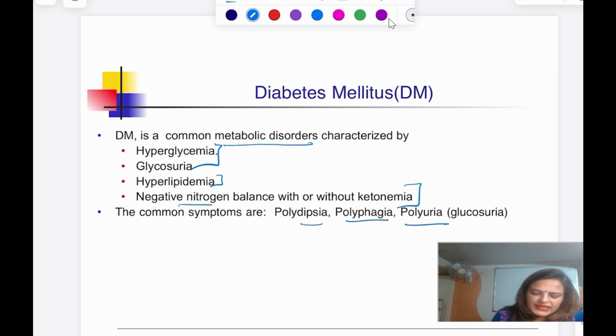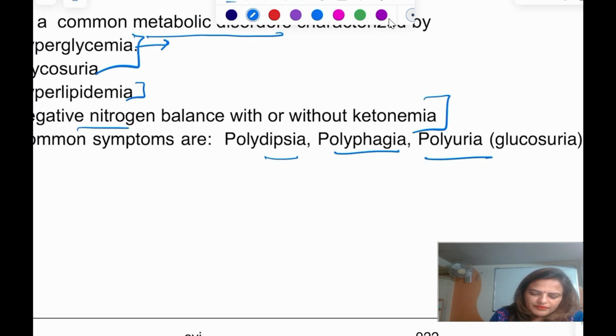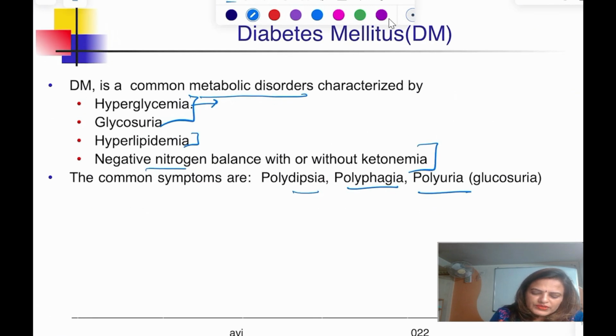See, there is a hyperglycemia. Because of that hyperglycemia, what will happen? The glucose will be filtered at the proximal convoluted tubule and it won't be reabsorbed because of the more glucose that is there,